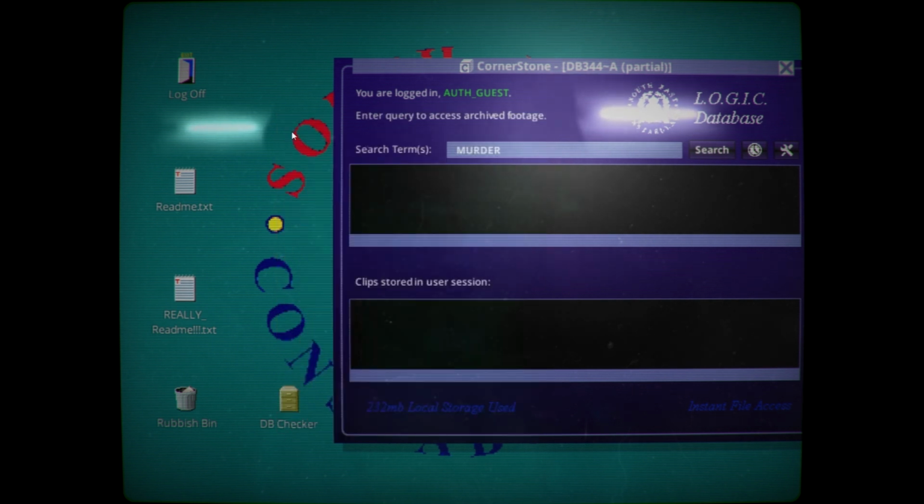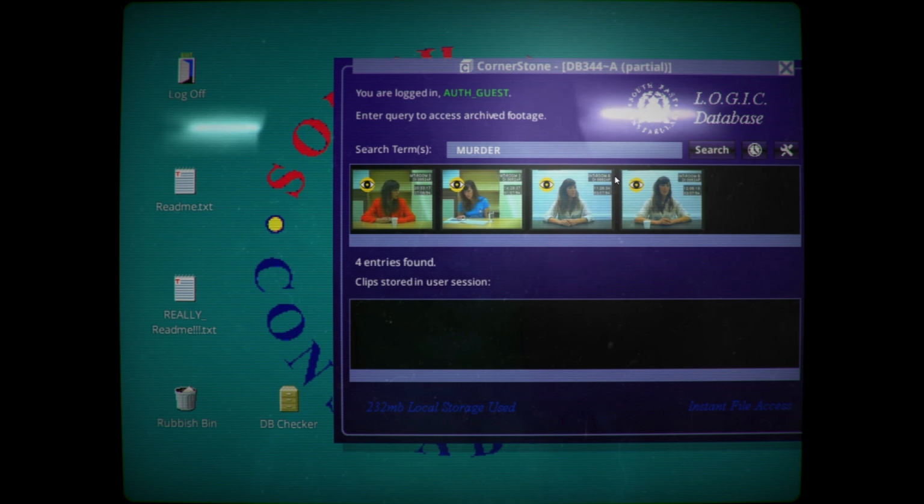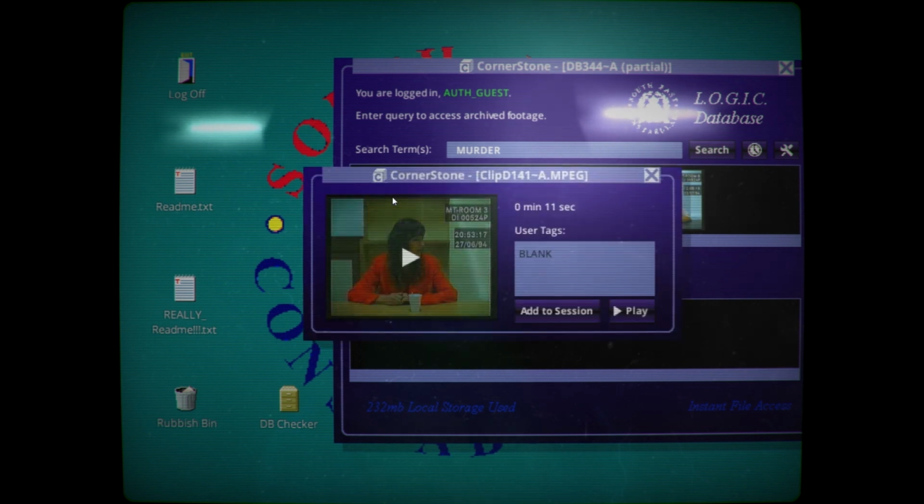"Take your time." So, I guess we might as well start with this. The idea is we have tapes of a woman, I don't know her name, but apparently she's done a murder. Who of, I'm not sure yet. I tried not to read too much into this. I kind of just wanted to see a cool indie game with an interesting concept. I like indie games. So let's get started and see what the story is.